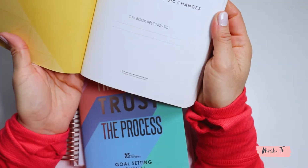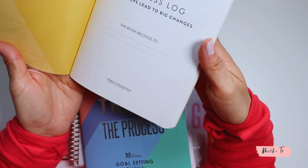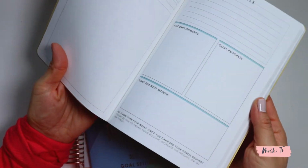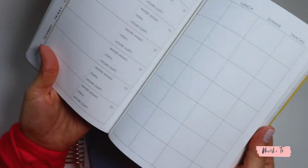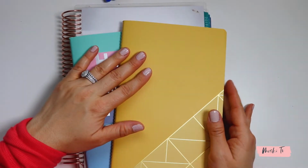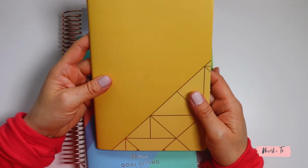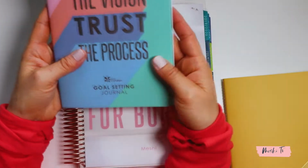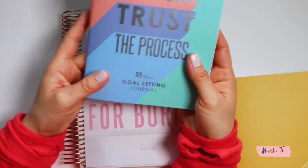Okay, so I wanted to show you guys, I picked up a little wellness log. I already have a wellness petite planner, so I picked this up for my husband. This is very masculine, it looks exactly the same as the other one with the floral cover, but I just wanted to pick up something a little bit more neutral colored. So I got this one for him. I also got him the goal setting journal. I actually picked up two of these, one for myself and one for him, and